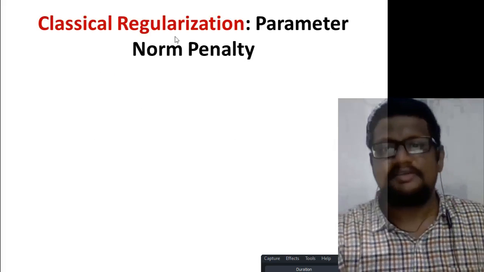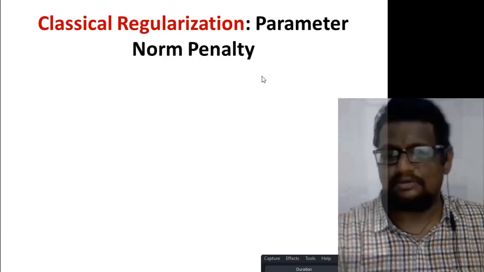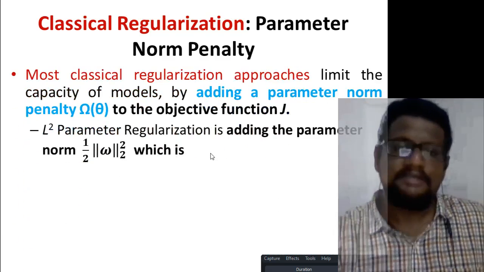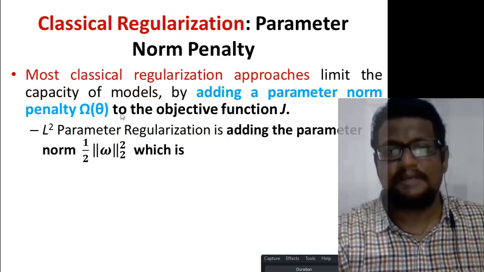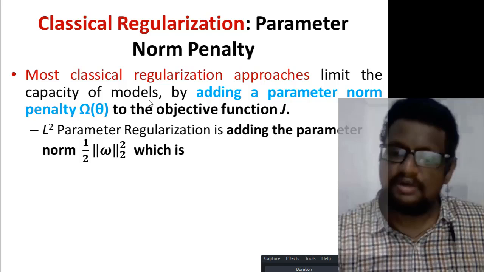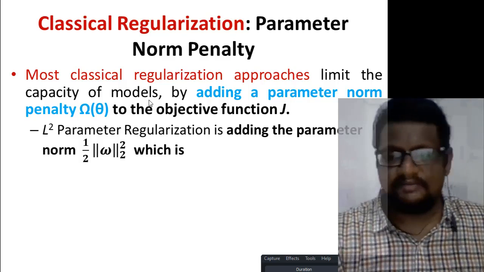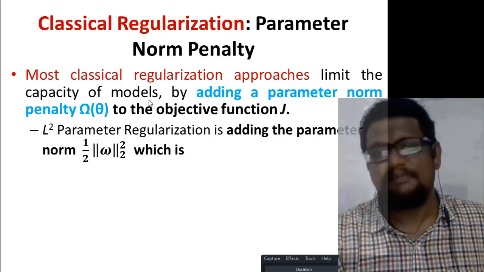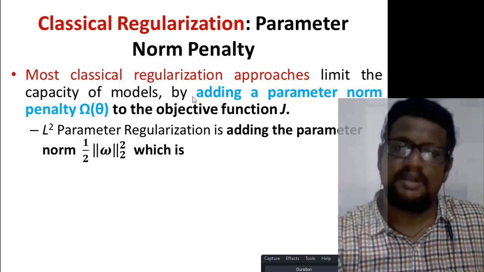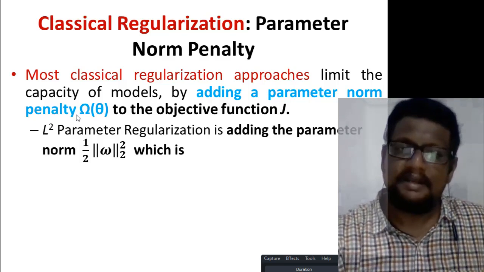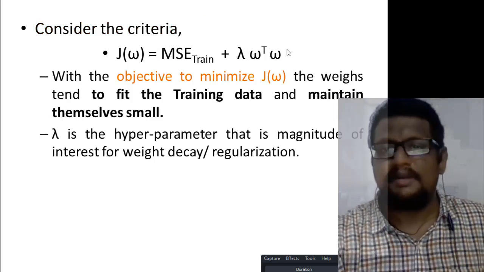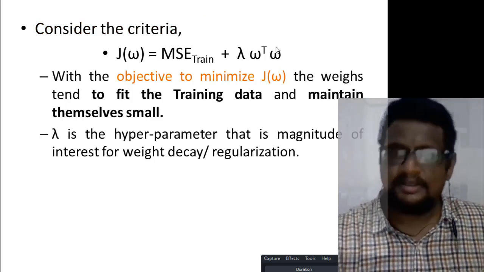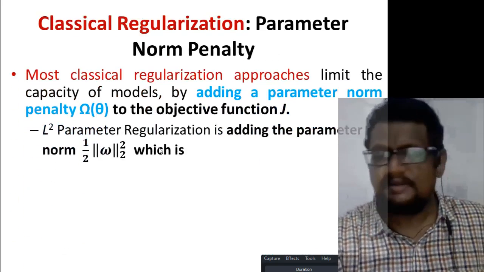So, classical regularization or parameter norm penalty. Coming to the main topic now, what does classical regularization mean? Most classical regularization approaches limit the capacity of the model. We are always talking about limiting the capacity of the model from getting overtrained to a certain type of data, by adding a parameter norm penalty omega of theta. So whatever we discussed here is a penalty term. In a more generalized way, it is given here as omega